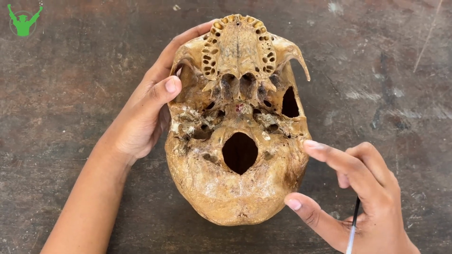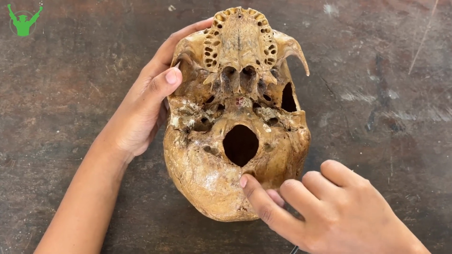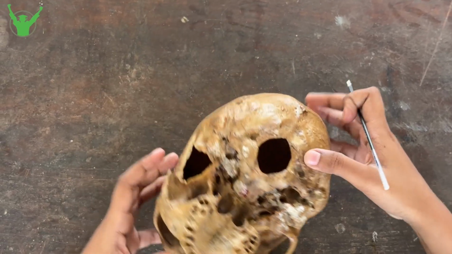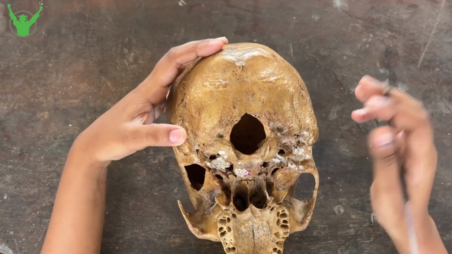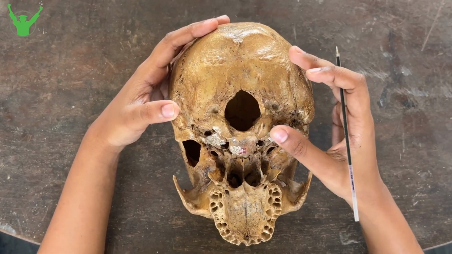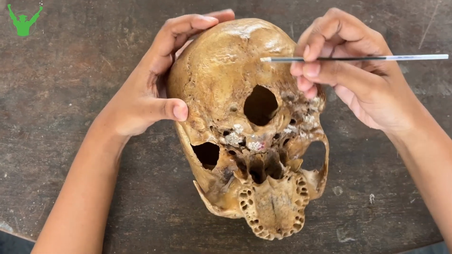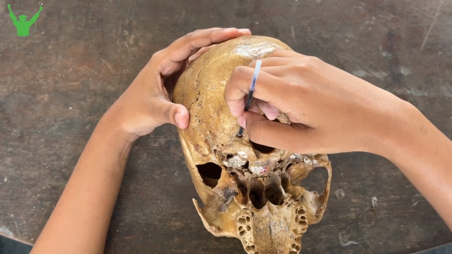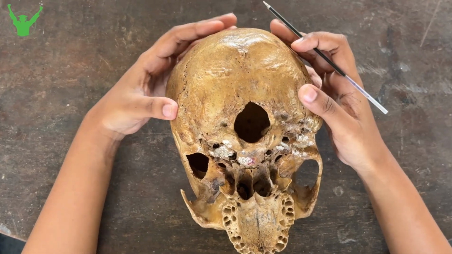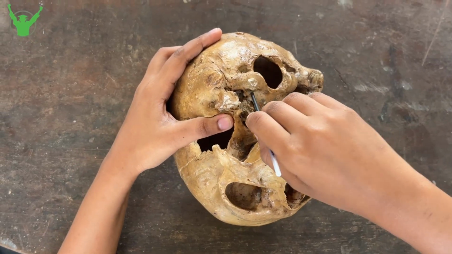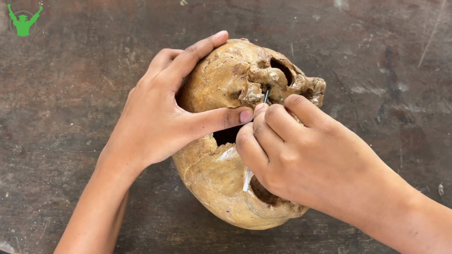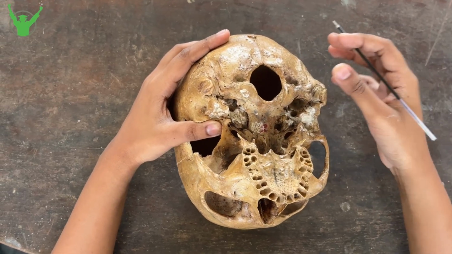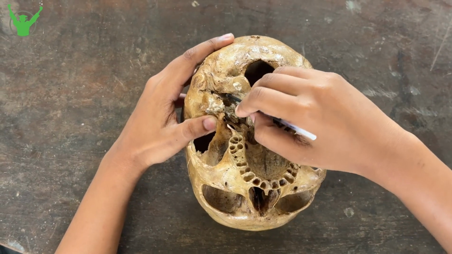The median area consists of the foramen magnum, external occipital crest, and external occipital protuberance. The lateral area consists of the occipital condyles that articulate with the atlas, the condylar fossa that lodges an emissary vein and the meningeal branch of the occipital artery, the hypoglossal canal that lodges the hypoglossal nerve and the meningeal branch of the ascending pharyngeal artery, and the jugular foramen,